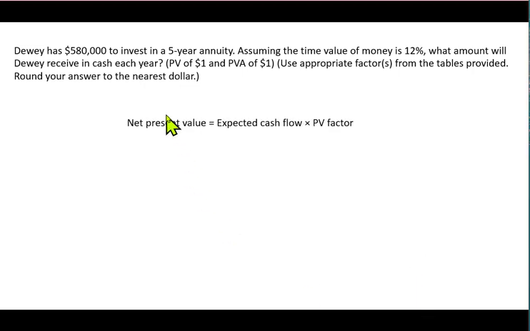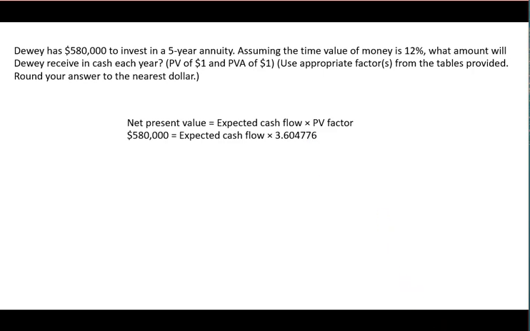So the net present value, we already know that, with $580,000. What we don't know is this expected cash flow each year. I used to call this the equal periodic payment, and I still do, and that's going to be the unknown. The present value factor will be based on the present value of an annuity table, which is going to be 12%, and that's going to be for 5 years. So let's plug all that in. And so $580,000 is equal to this expected cash flow each year, which again we don't know, but the present value factor, or the table value, is